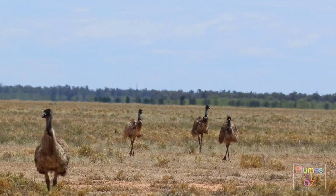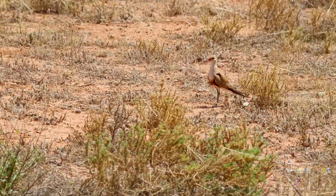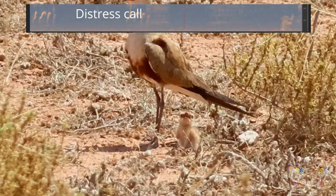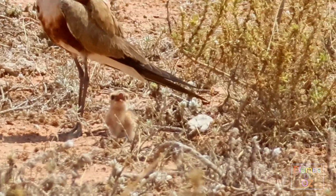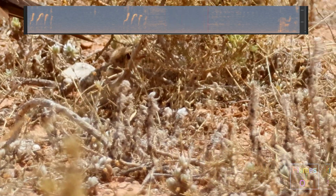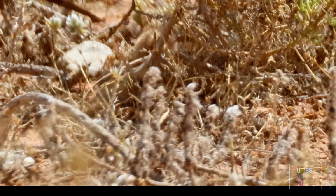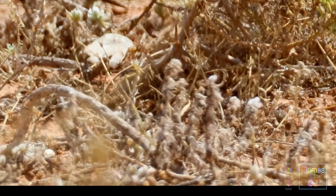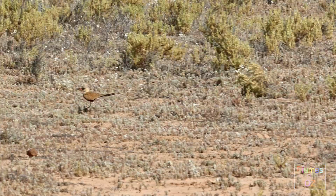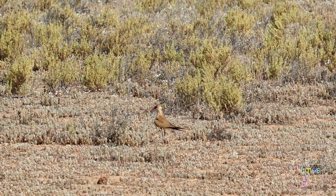Old Man Emu and his chicks walked away, but the other emus kept coming forwards. Then I realised the Pratincole was doing a distress call, and if you look carefully down the bottom, there is the chick. The only thing I could do is walk away and hope that the bird would stop calling, and fortunately it did. Distress calls of any bird is well known to predator birds like butcher birds. In this case, the distress call is attracting the emus,